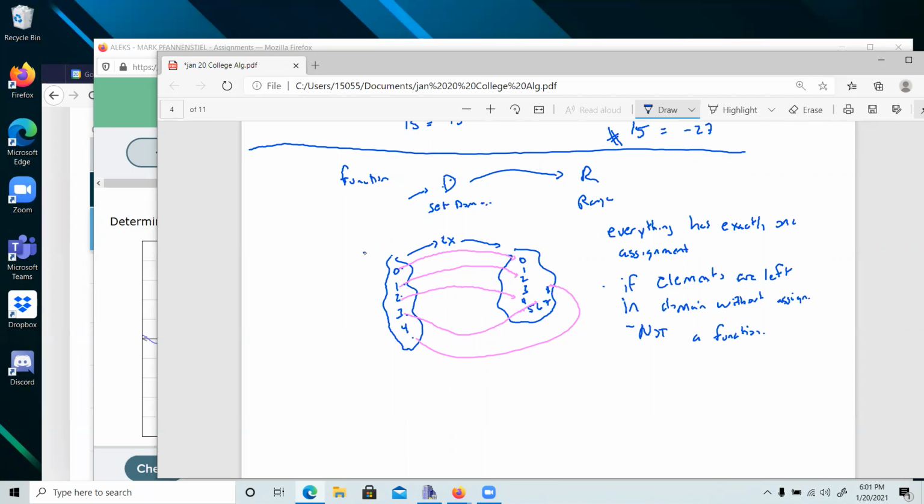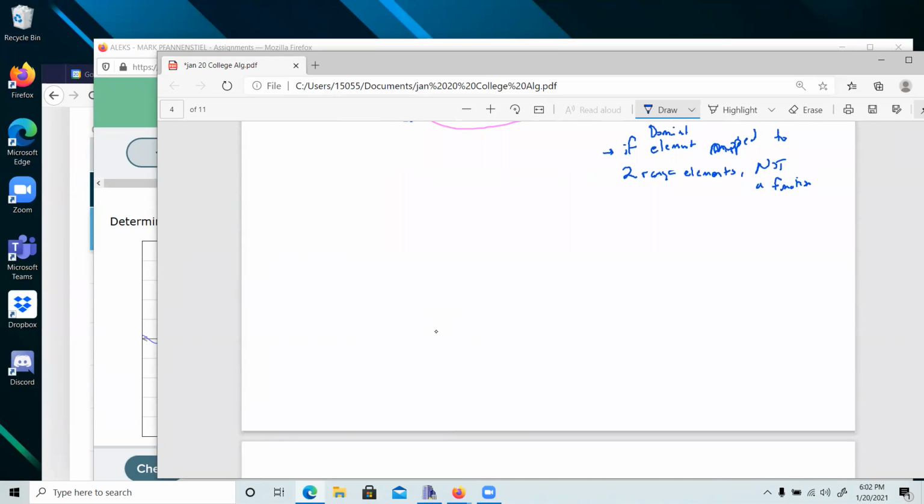And if an element gets mapped to two things, if there's a domain element mapped to two range elements or more, then it is also not a function. Just to show you that it doesn't have to be with numbers. It's nice if it is, but